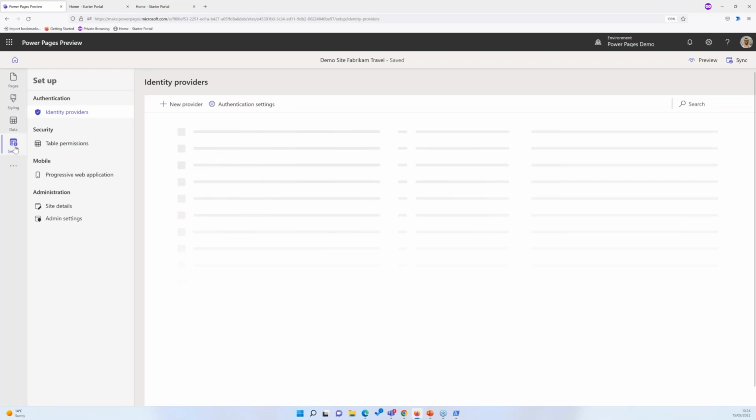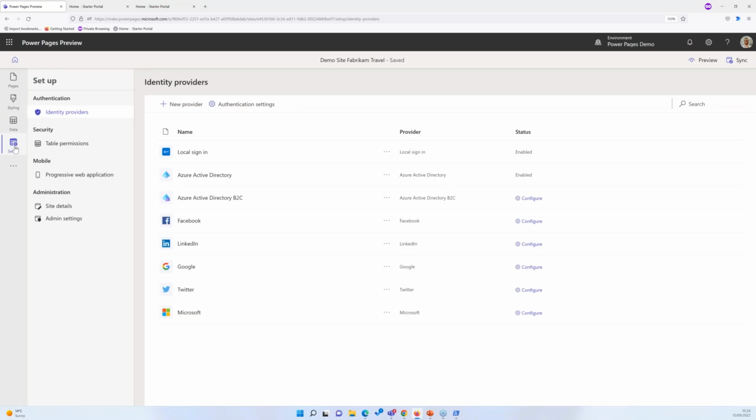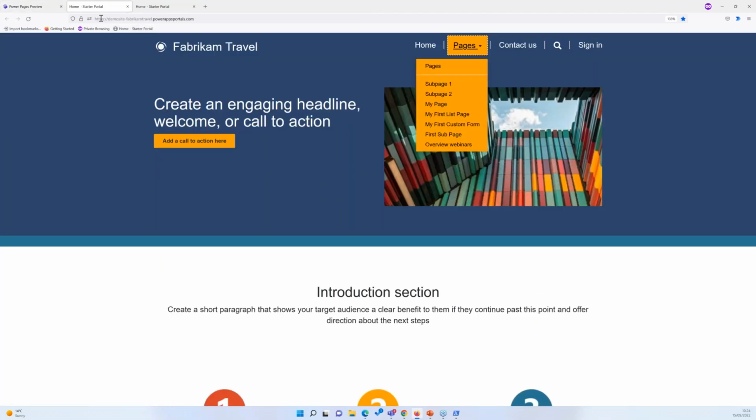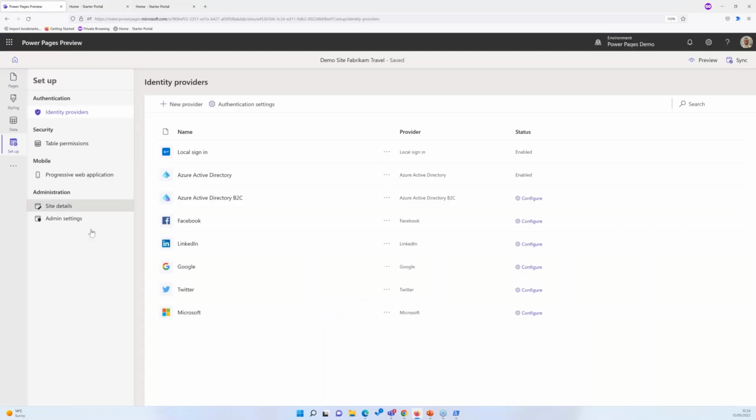So this is a website. You have some other capabilities as well which you can configure. Again, I'm not going to cover that in more detail, but obviously you can connect a top-level domain to it. This doesn't look like an address which you would normally use for a public website, so you can connect your own domain to it. And then additionally, you could also set certain identity providers. So today I'm going to show you things for